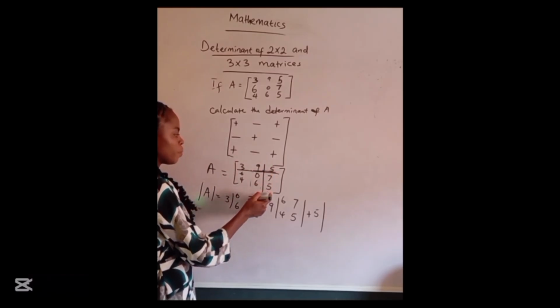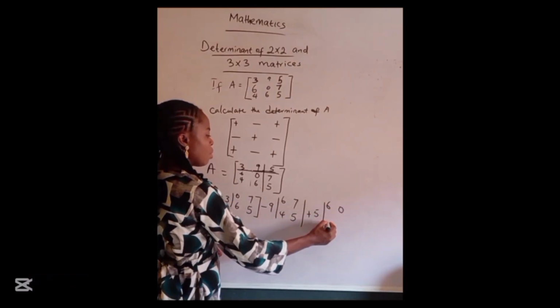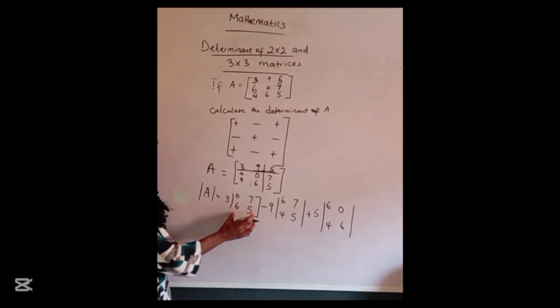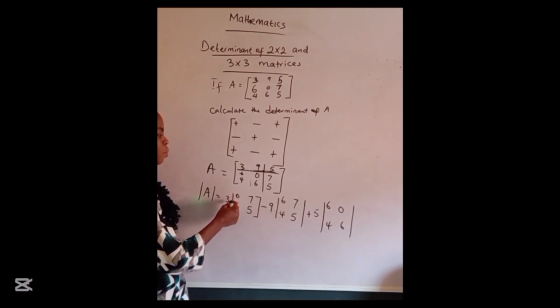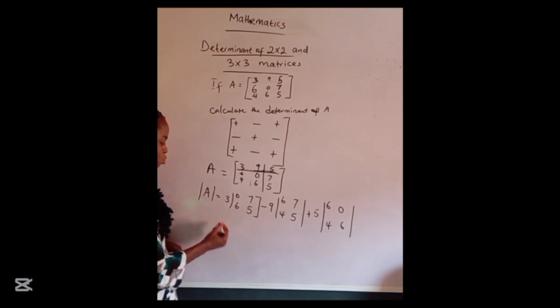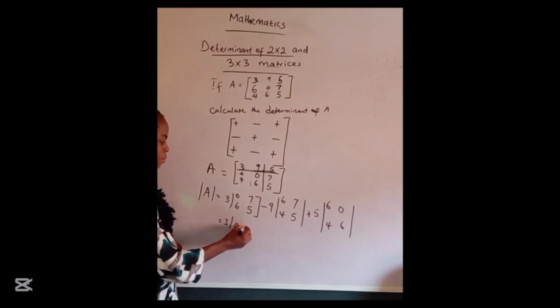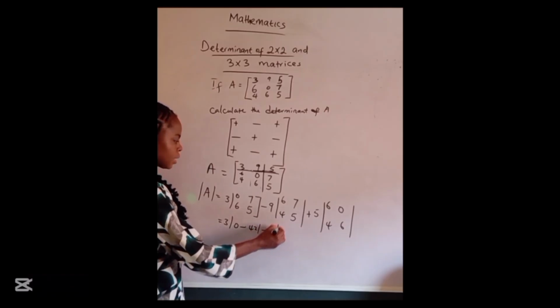What are we doing now? Let's block the last one. When you block this, you are left with 6, 0, 4, 6. Okay, now we have the minor matrices. What will you do? You have a 2 by 2 matrix in between. So the same way we carry out a 2 by 2 matrix determinant, then you find the determinant of each 2 by 2. So we have 3, 0 times 5, 0, minus 6 times 7, 42,